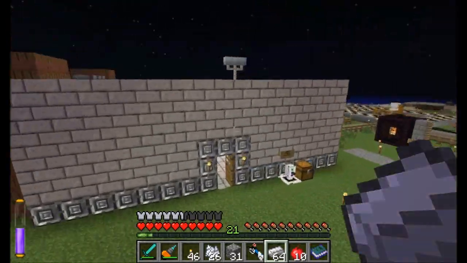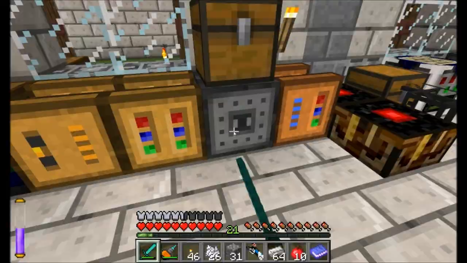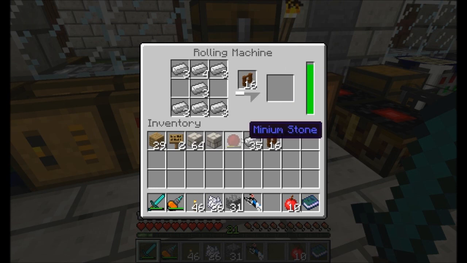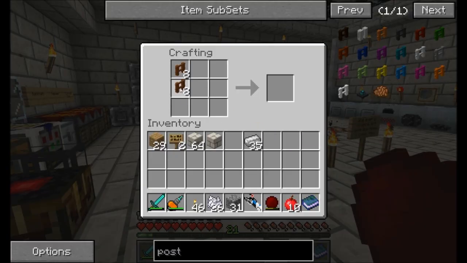Alright guys, got my little island platform built out there. Now I'm heading over to visit my friend the rolling machine, because I want to make a few of these. Now this is just for appearance's sake. It's not that big a deal that I do this, but I thought it would look cool. I want to give it a shot, see how it looks. Basically, if I open up a crafting table here, and put these guys around...